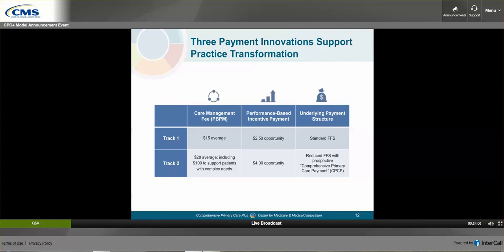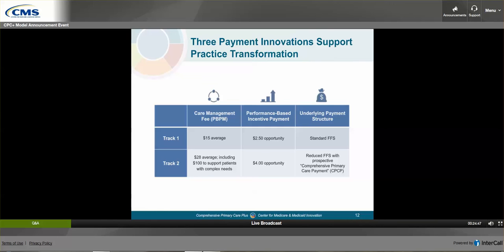So with that care delivery model in mind, we designed the CPC Plus payment model to support and incent the sort of comprehensive, patient-centered primary care we think clinicians want to deliver and patients deserve to receive. The payment design has 3 components, and I'll do a high-level overview here and then talk about each of them in turn. The first component is a care management fee. This is a prospective, risk-based payment meant to support the hiring and work related to care management and practice changes. It is calculated per beneficiary per month and is higher in Track 2 than Track 1 given the greater amount of work expected of these practices.